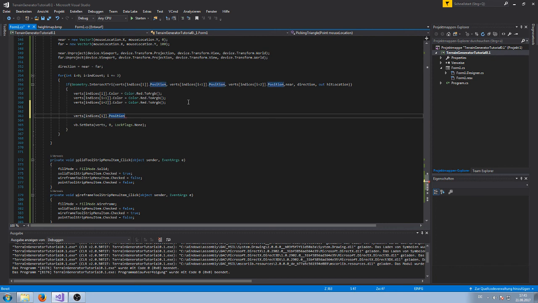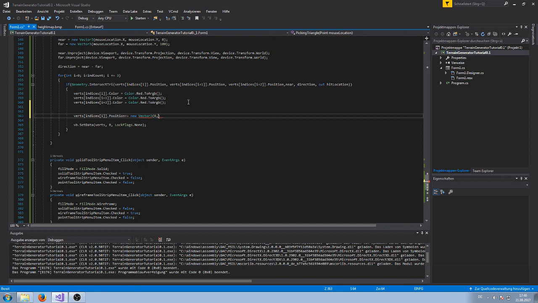Onto this position we simply add now a vector, a new Vector3, and we just want to raise this vertex by something. And so we add a vector which first argument, the x value, is 0, the y value we're gonna give it